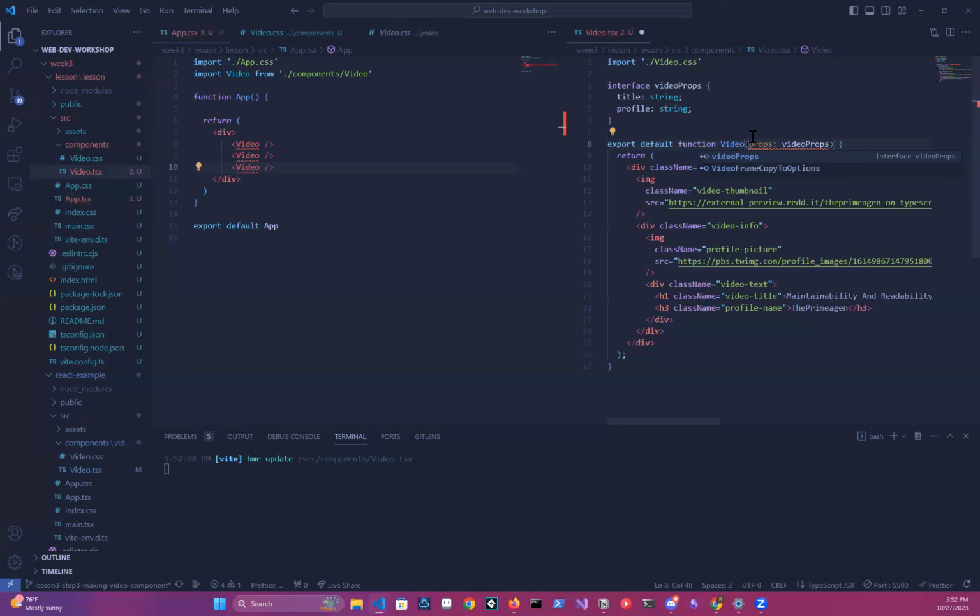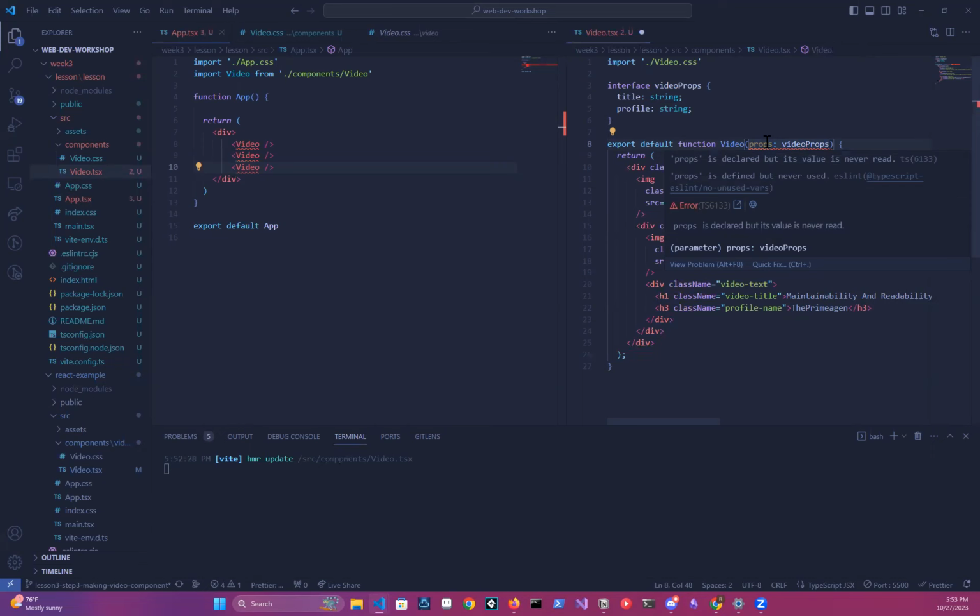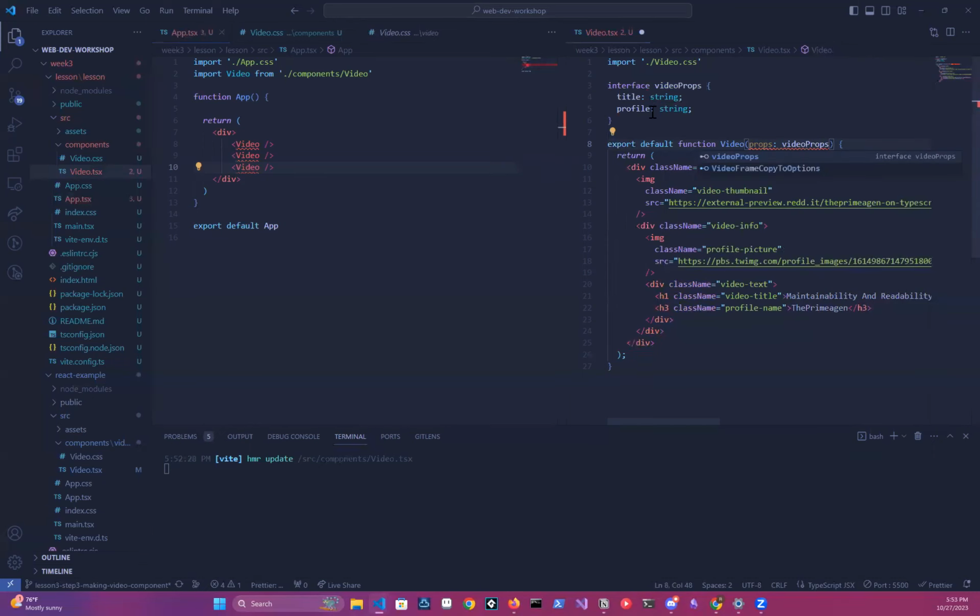So that right there is saying, when we have a video, we want to be able to bring in a title and a profile name. That's what that is saying right there. Just like you can follow function, here we pass in props, which contains a title and a profile name. Cool. So just to show you where we would use this,